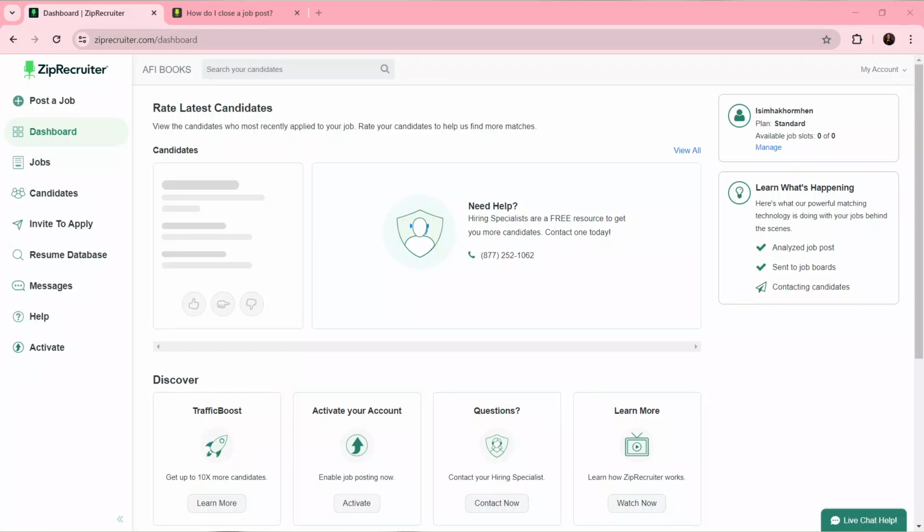Hello, in this tutorial I'll show you how to create a blind ad on Ziprecruiter. The first thing I'd like you to do is to launch a Ziprecruiter employer account, which of course I have